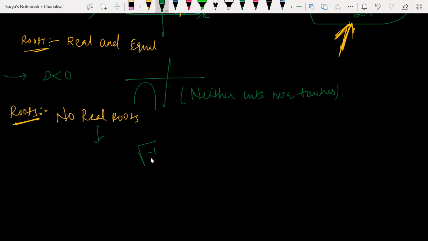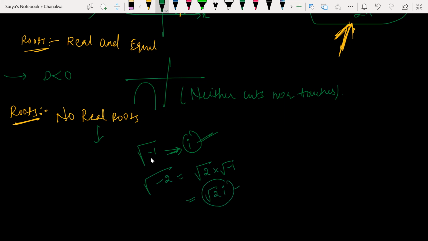Have you ever heard about the square root of a negative number? Yes, sir. So so far you didn't learn the square root of a negative number, isn't it? You'll be learning it in your 11th standard. Square root of a negative number. Look, the square root of -1 will always be denoted with i. Now if I write the square root of -2, it will be denoted with what? I can write this as √2